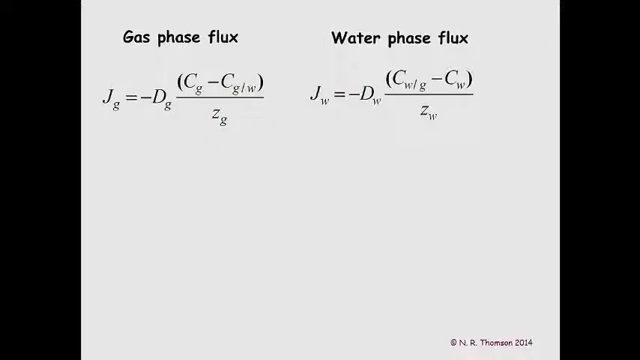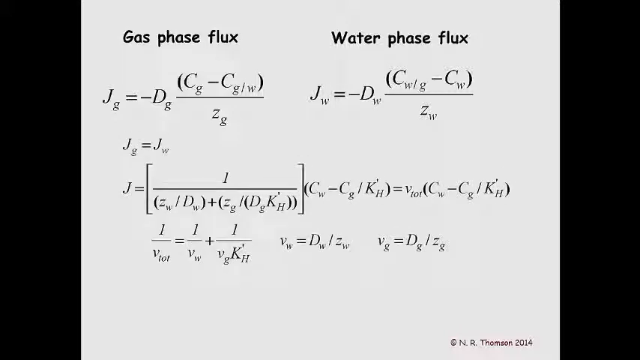So we have a gas phase flux between the interface and the bulk gas phase. We have a water phase flux between the interface and the bulk water phase. And at steady state, those two fluxes are the same. So if you put them to be equal, rearrange the math with some algebraic help, perhaps a full page of